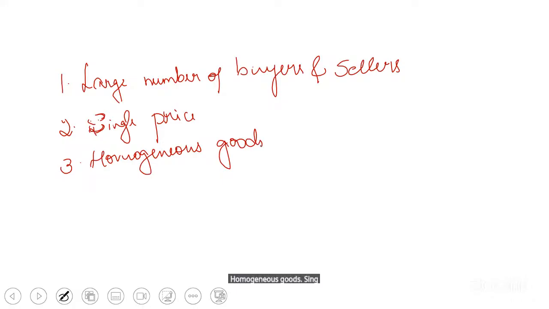Fourth one, price taker. Large number of buyers and sellers, single price, homogeneous goods, price taker, and fifth one,